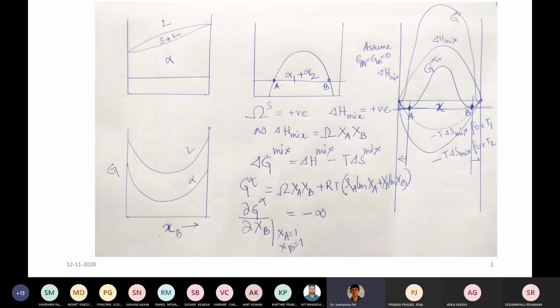Now, if you start drawing the common tangent, you will see a tangent from both side ends, and the particular tangent where you see 2 points are there, and these 2 points are nothing but the equilibrium composition of the original phase, which is now decomposing into two phases because of the limitation of the omega being positive. A and B are not able to dissolve into each other together, or so,